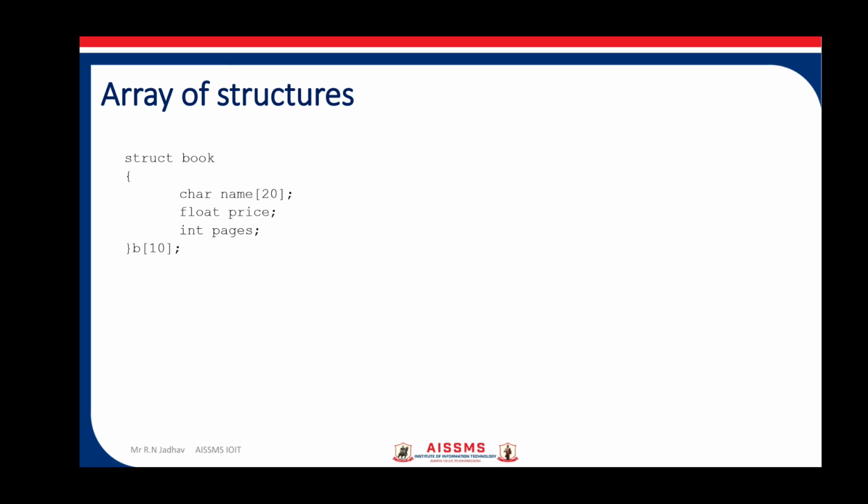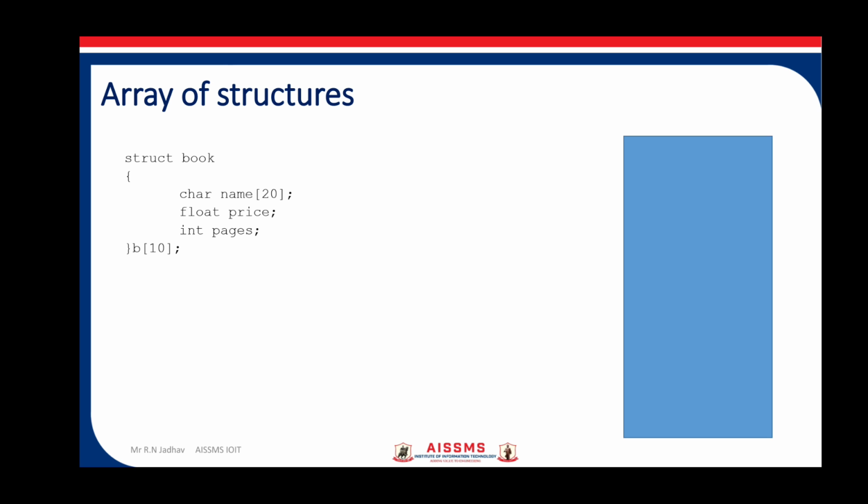Now array of structure. Suppose I have a list of elements to store. Suppose I want to create a record for n number of books. Let us assume I want to create a record for 10 books. As we have seen, to represent one variable of a book you require 26 bytes. So for 10 books we require 260 bytes of memory. So this block of 260 bytes will be allocated, and it will be divided into